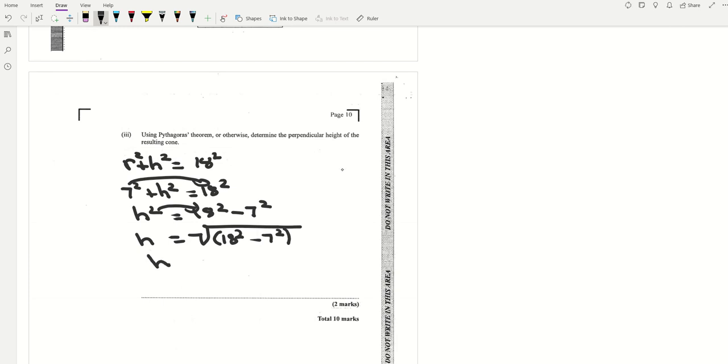So h would be equal to, you're putting this in your calculator exactly how I have it here: square root of open bracket 18 squared minus 7 squared close bracket, and you'll get an answer of